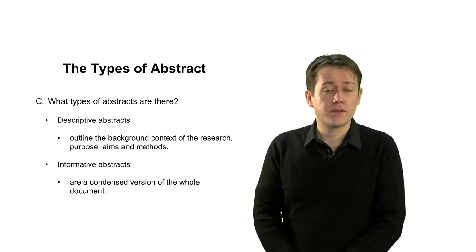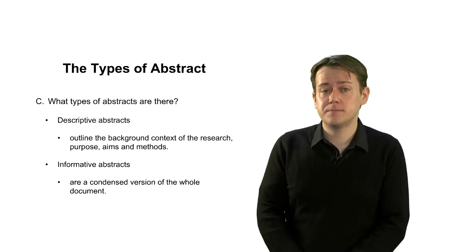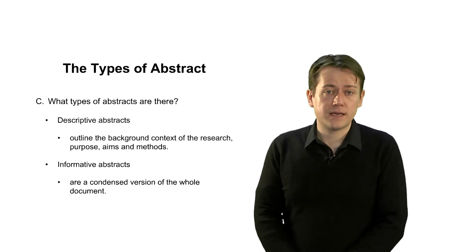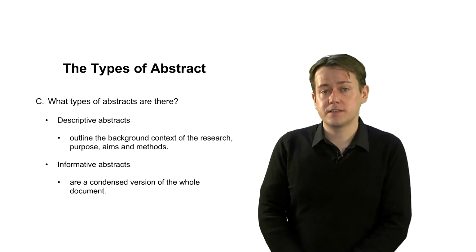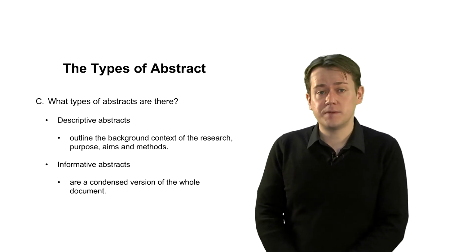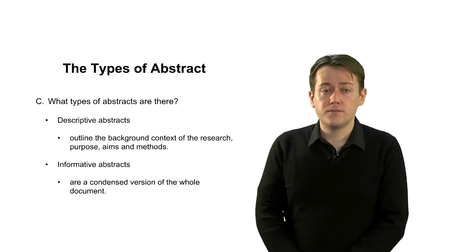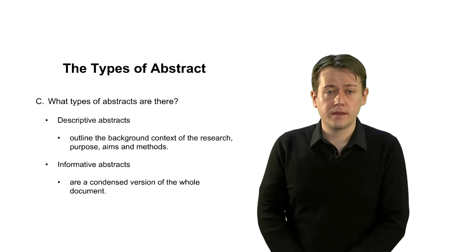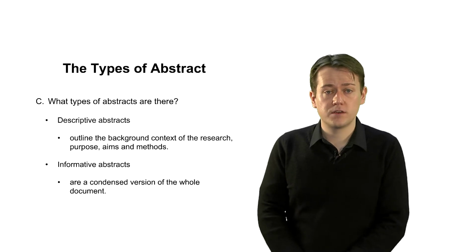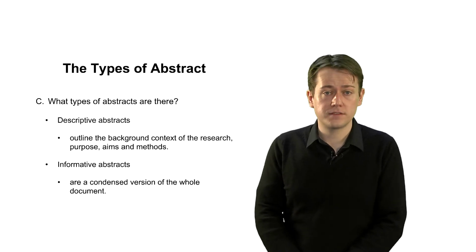Generally speaking, there are two types of abstract, and their use is dependent on the disciplinary conventions of the research. Descriptive abstracts outline the background context of the research, its purpose, aims, and the chosen methods. The results and conclusions tend to be omitted. Informative abstracts are more like a condensed version of the whole document. They outline all the essential points of the paper by providing information on the background, purpose, research questions, methods, results,